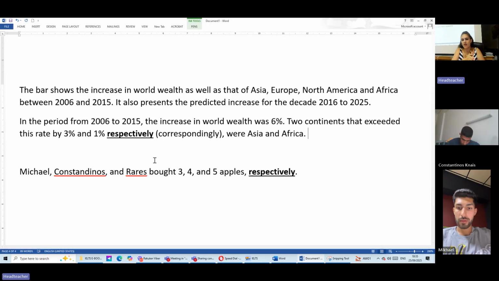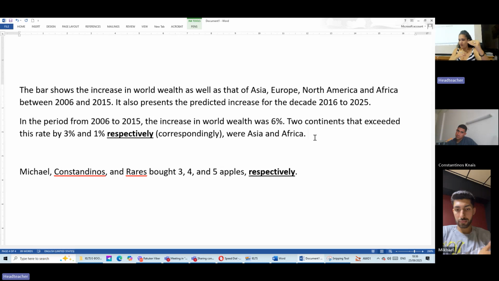The order in which the numbers are mentioned and the order the words are mentioned do count when you use the word respectively. When you don't use the word respectively, the order you mention things doesn't count. The analogy is not there. Here there is an analogy. This goes for this. This goes for this. Okay, so that's the magic word. Magic word, respectively.